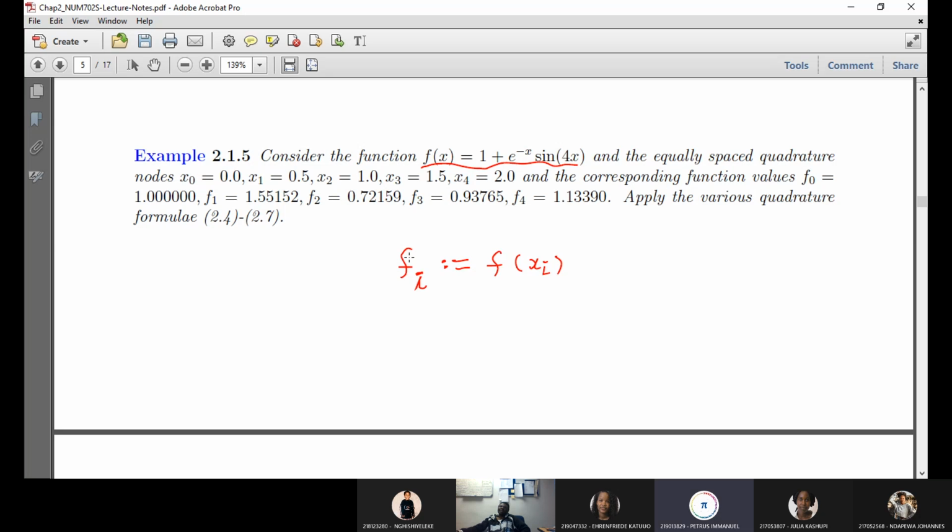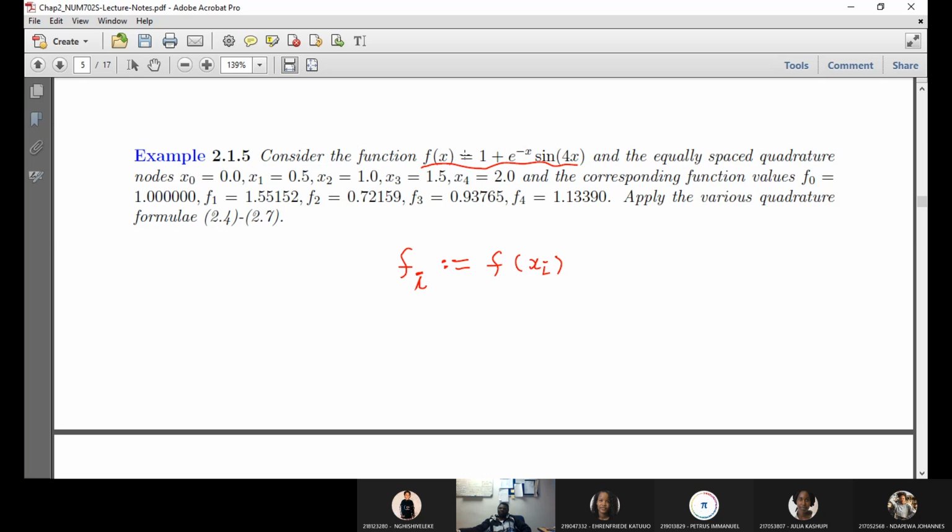Writing this is longer than this, so the left-hand expression is a shorthand for the right-hand expression. So at each point, we have the value of the function. So it's obvious that we can approximate the integral using each of the quadrature formulas. Now, if you want to approximate this integral using a trapezoidal rule, remember that